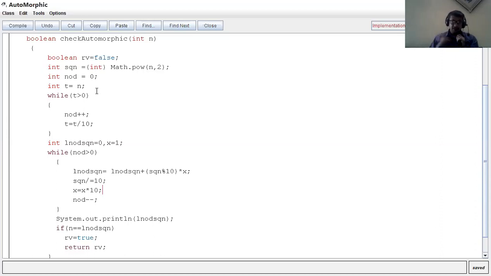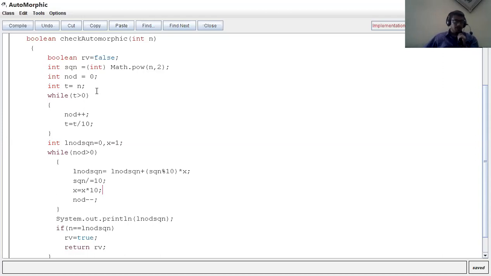But I need n at the end, when I take out the last digit, or last two digits, or last three digits of the square value. Whatever value comes, I have to match it with my current value. If I lose that current value, I won't be able to compare. That is the reason I first transfer that value into the variable t, and then count how many digits are there in this number.